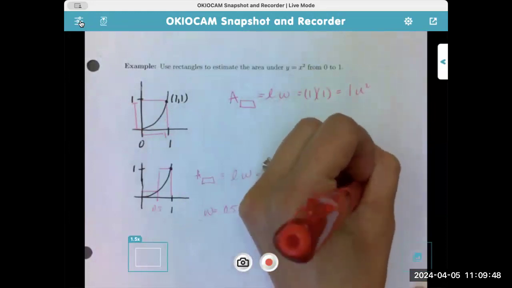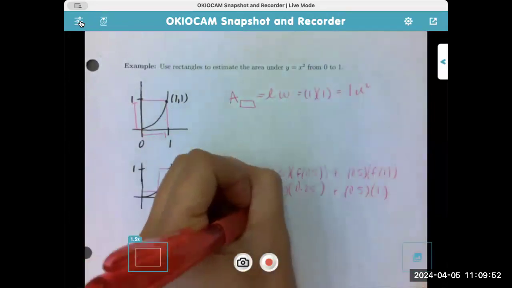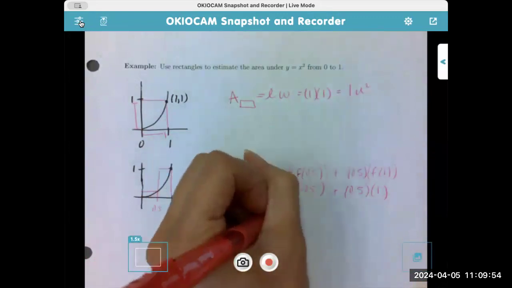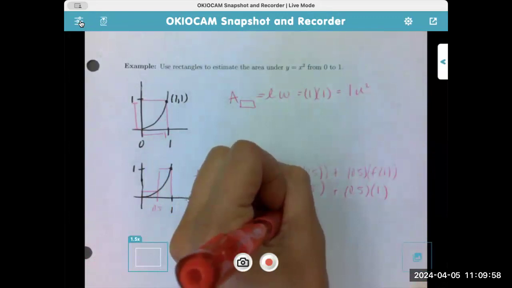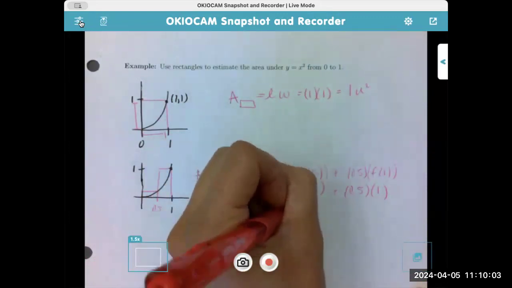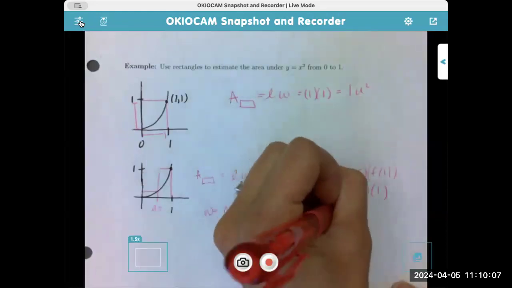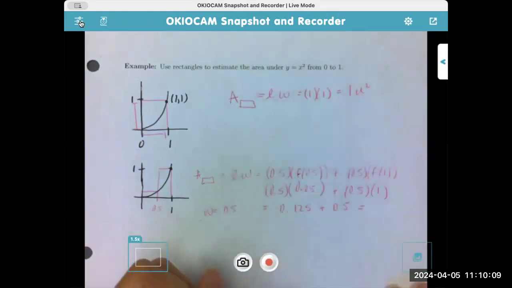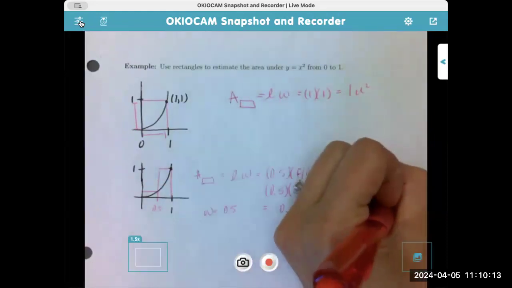This is 0.5 times 1 because 1 squared is 1. So this is 0.125, or 1/8 plus 0.5. So overall, the width is